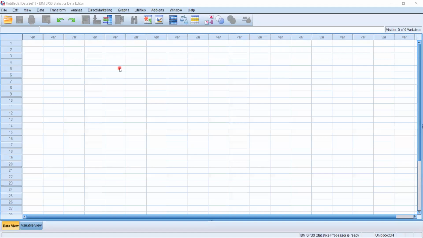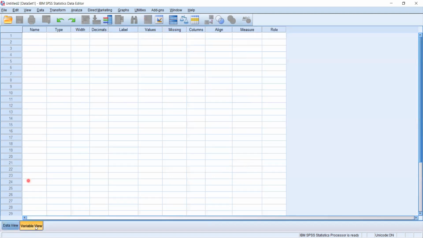In this video, we will learn how to enter a data set in SPSS. So this is the window of SPSS. Here you can see two tabs: data view and variable view. To enter the data, first we have to fill the variable view sheet. In the variable view sheet, we have different columns like name, type, width, decimals, label, values, missing, columns, align, measure,